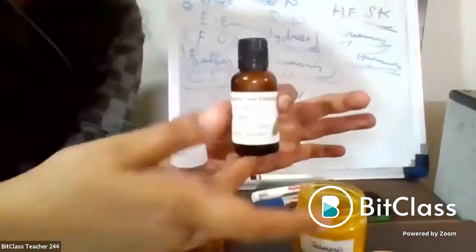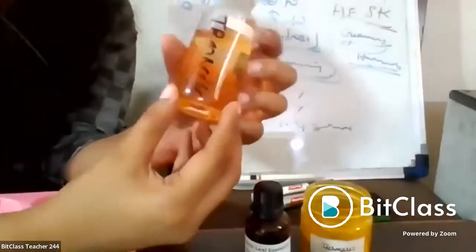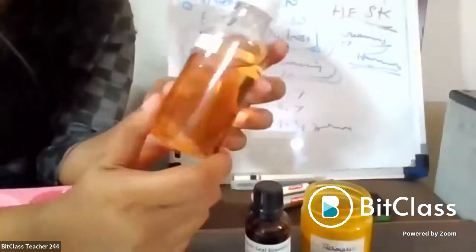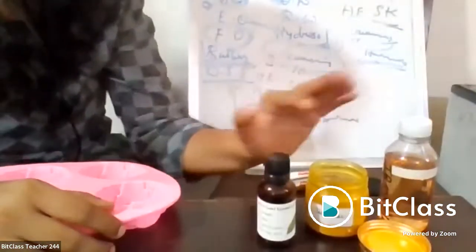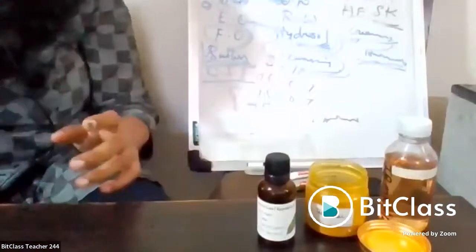Okay, second one is essential oil. I'm using turmeric essential oil, and extract or liquid content I'm using as turmeric here. But while you're making, you can take only normal rose water itself, which is suitable for all types of soap. Okay, normal rose water you can add as extract type, and it is not compulsory that all the three should go. One or two or three also is fine. Okay, now